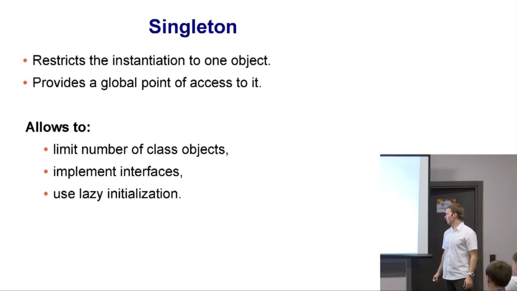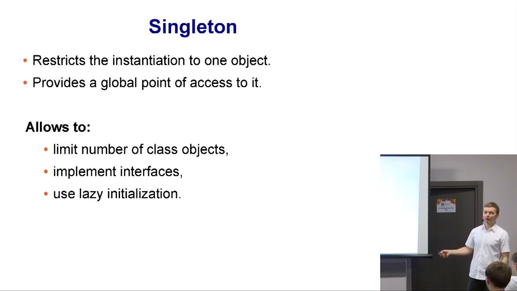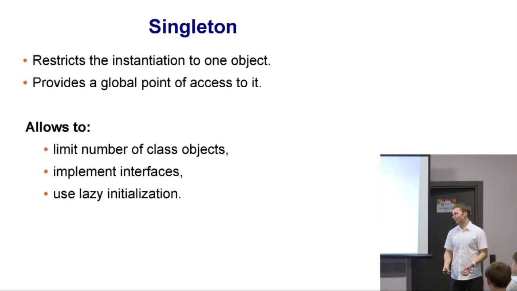It allows us to limit the number of instances of a class, and to implement interfaces, because we have a static keyword in Java, but it is actually not very object-oriented, because we cannot implement interfaces with the static keyword,